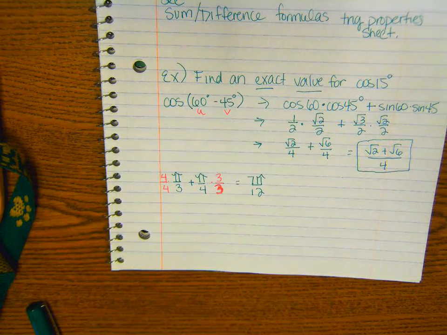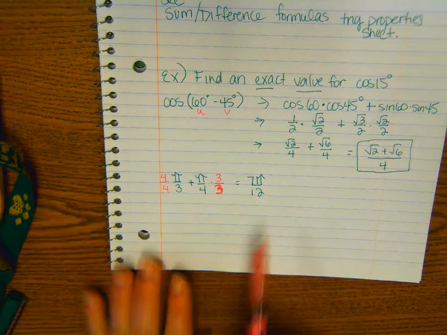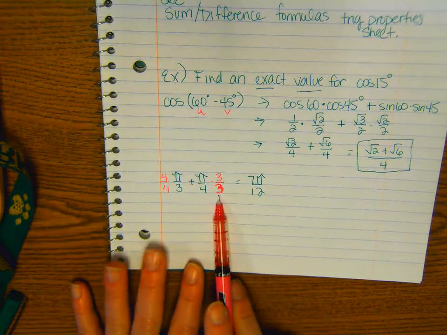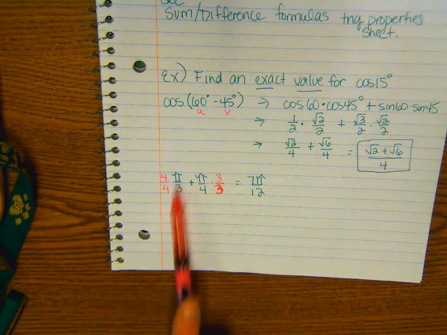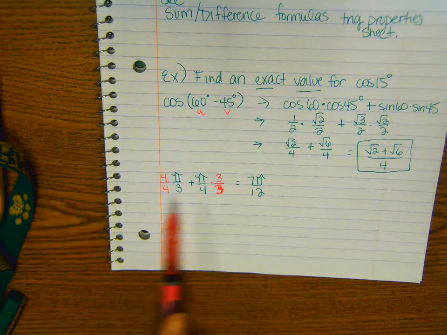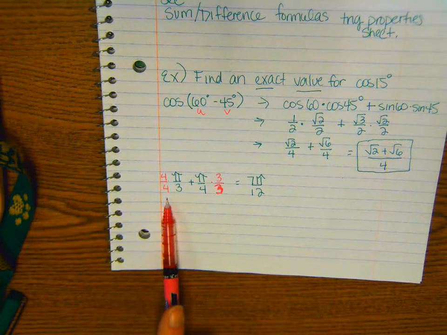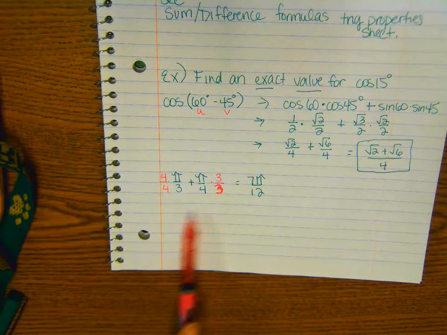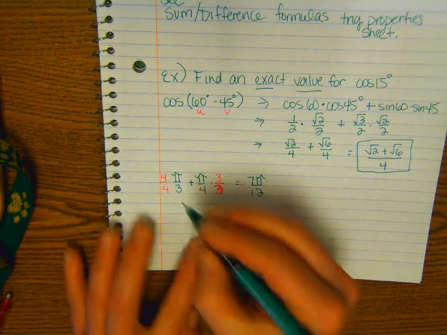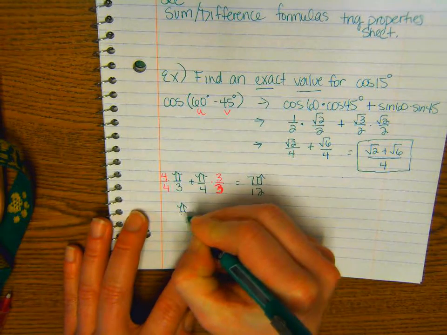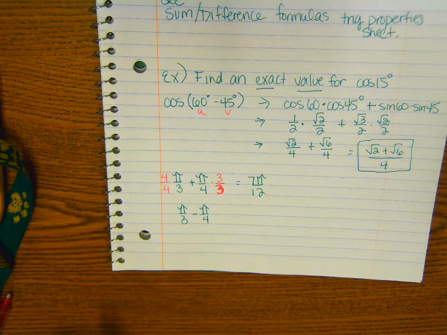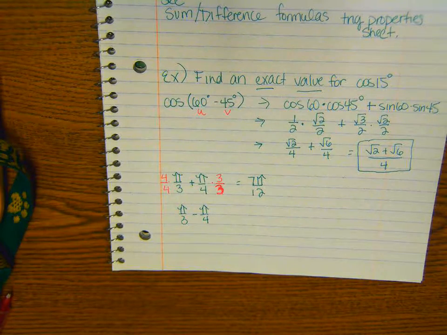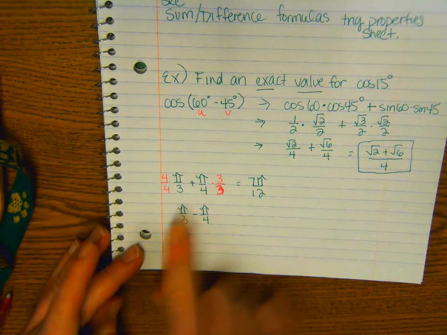Yes, that should have been 3 over 3. That was a mistake. Okay, so for today, if you see 7 pi 12ths on your homework, what two angles could we add? Pi thirds and pi fourths. Okay, what if we subtracted them then? I think we can do it without, can't we just look? This would have been 4 pi 12ths minus 3 pi 12ths, which is